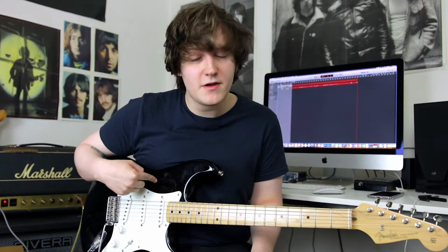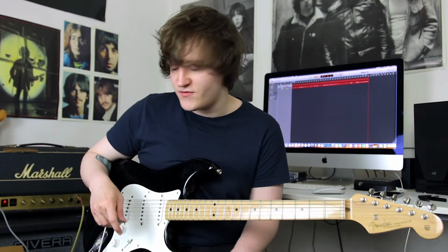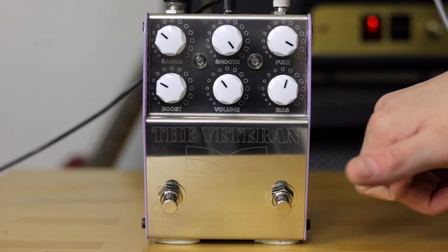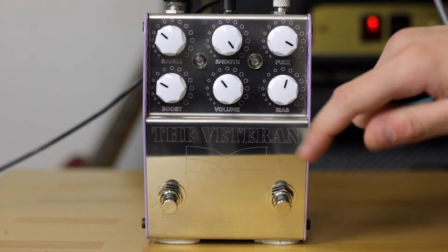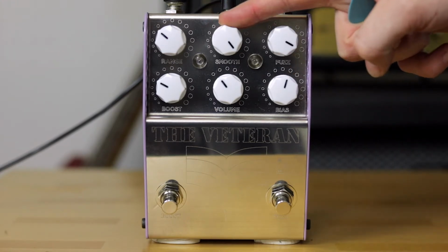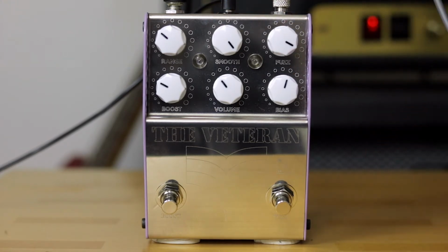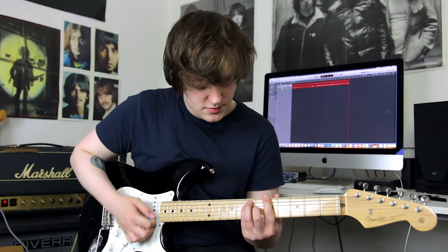So I'm running my Fender American Vintage 56 Strat into a Silverface twin reverb. We are going to run it through the Marshall further on in the demo, but for now we'll just run it through the twin. So I'll keep the settings how they were during the intro. So this is quite a fuzzy tone, especially considering it's going through twin reverb. So the smooth is all the way to the right, so we get all that thick woolly bottom end. I'll show you that now. So without the pedal engaged,